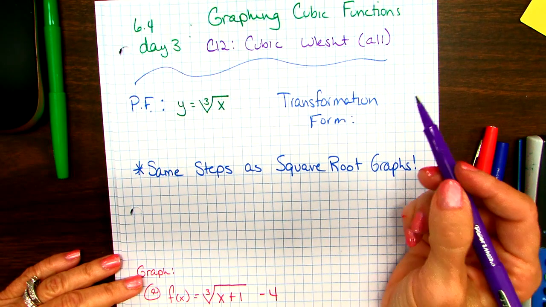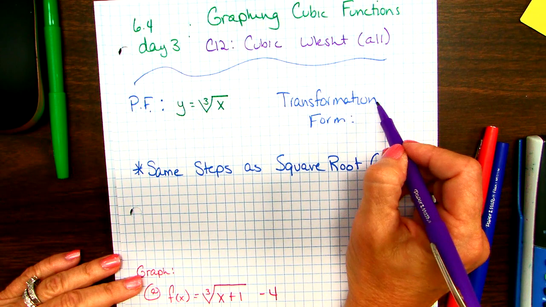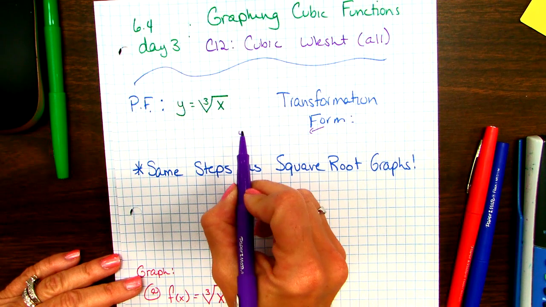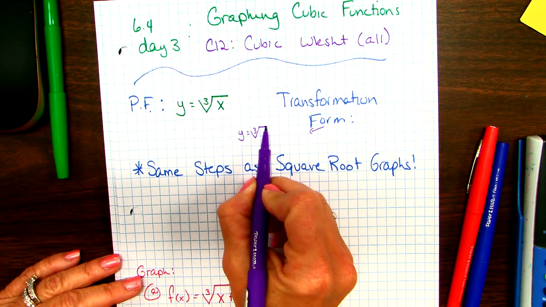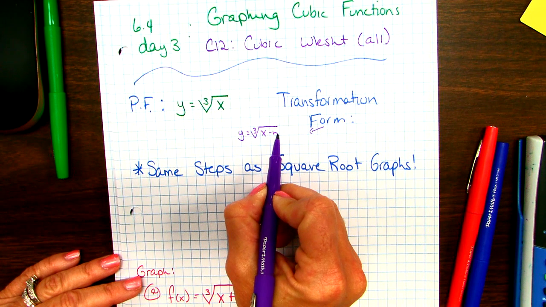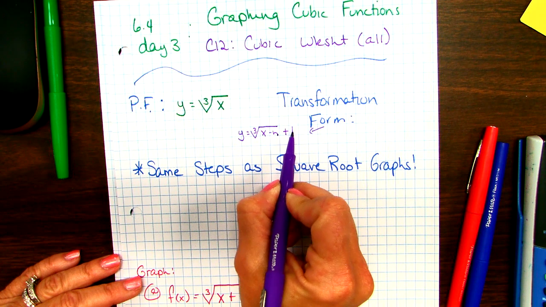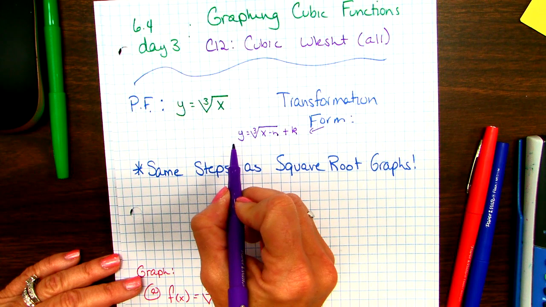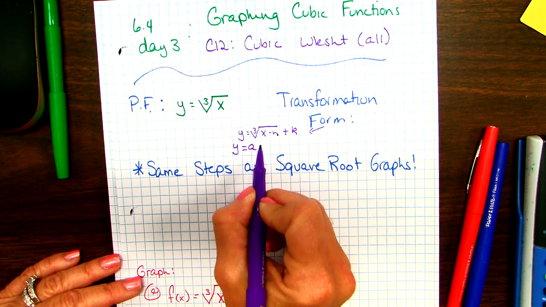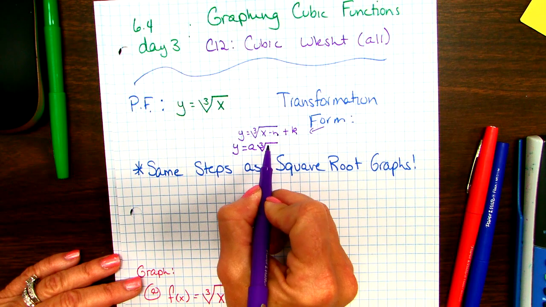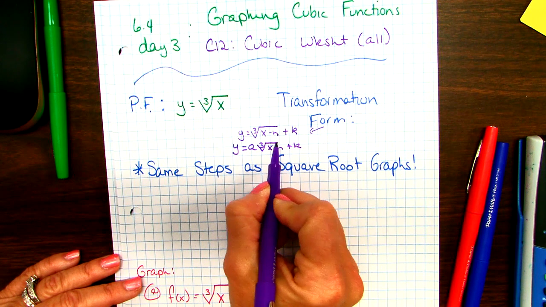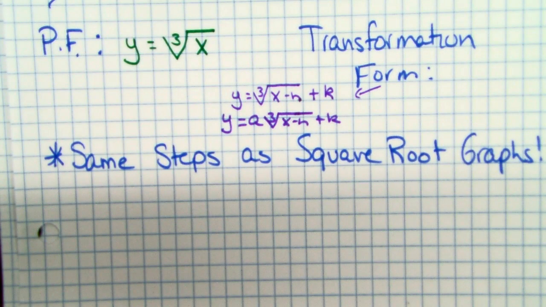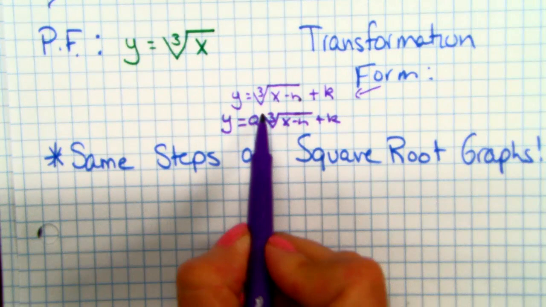I didn't give myself much room. It is exactly the same as the other one, except with the cube root. Let me write it over here so I have some room. So y equals the cube root of x minus h plus k. And I should have put an a value there, so let's write it a second time, unless you can squeeze it in. A times the cube root of x minus h plus k. So the same exact formula as last week, except the only difference you see is a 3 there instead of